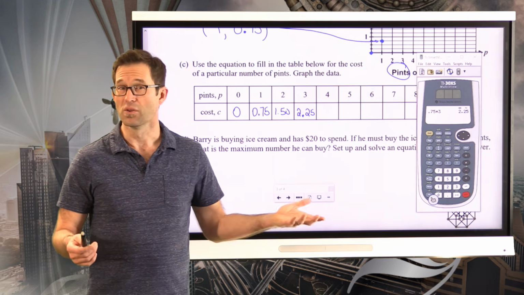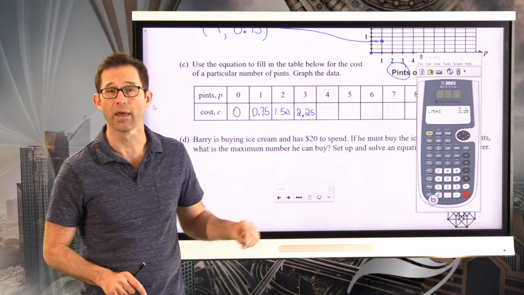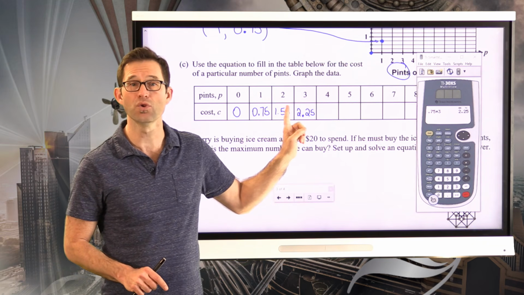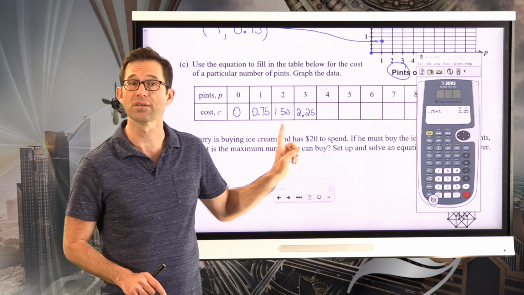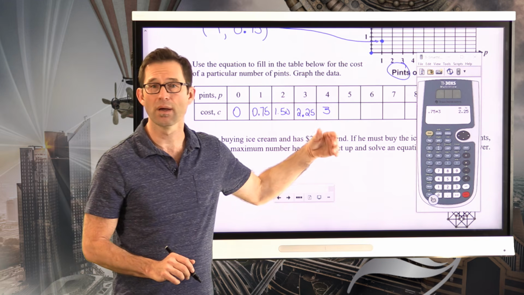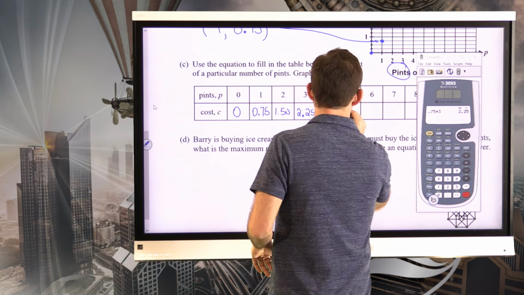Now, you can use your calculator, but I would also encourage you to use some proportional reasoning whenever you can. For example, 4 pints should cost twice as much as 2 pints. Since 2 pints costs $1.50, 4 pints is going to cost $3. Now, 5 pints, you might want to use your calculator to do it, but that's going to end up being